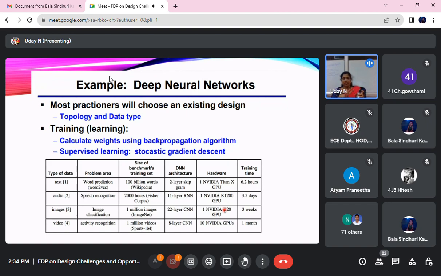The working of any deep neural network architecture is divided into two parts. One is training the architecture, and the second one is testing the architecture. The best example: when you are in school, we learn by heart, right? Like we want to learn the two table. So what the teacher does, she trains us. Two ones are two, two twos are four, two threes are six. Like that, she repeats 3 times, 10 times.